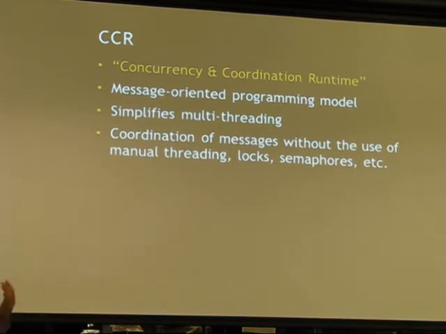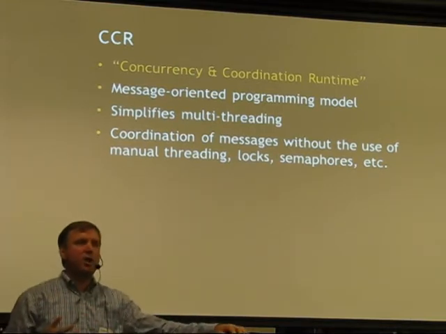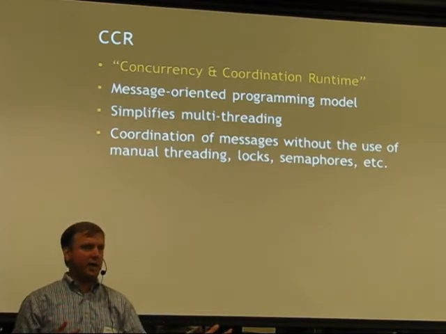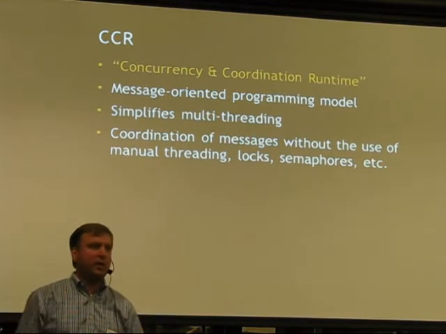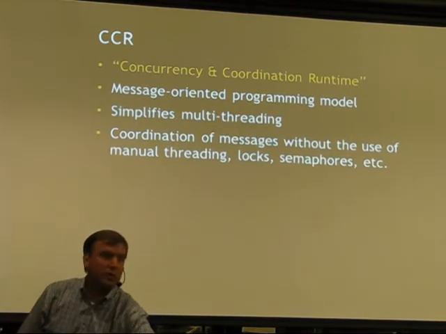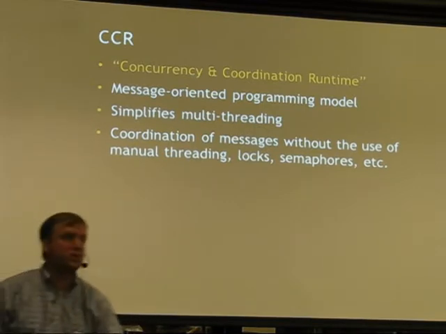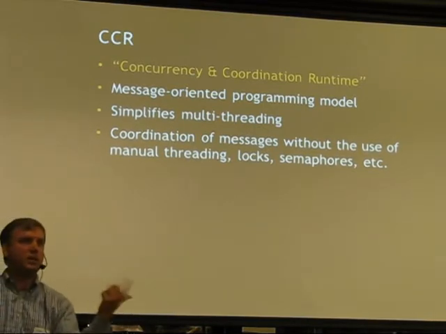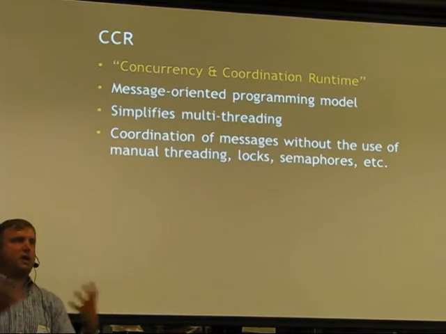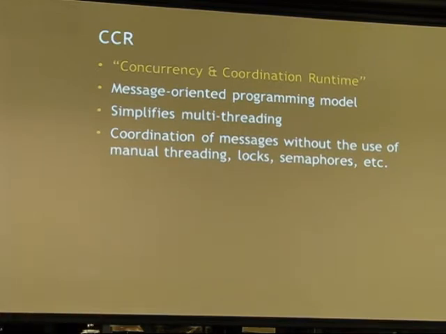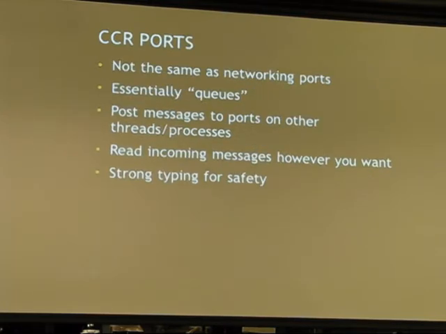So the CCR, the advantage there is that I can say, I've got this image frame that came in from the RGB camera. I want to process that frame. So I'm going to tell CCR, go off and process this frame, go interpret it. Meanwhile, I want to make sure that I'm not running into anything. And I want to make sure that my depth sensor, whether it's the sonar or the infrared, is able to send a signal through and that I'm catching it. So all of that, sending this stuff out and not trampling on each piece of code, is what's handled by the CCR. The way the CCR does this is through what they call ports.